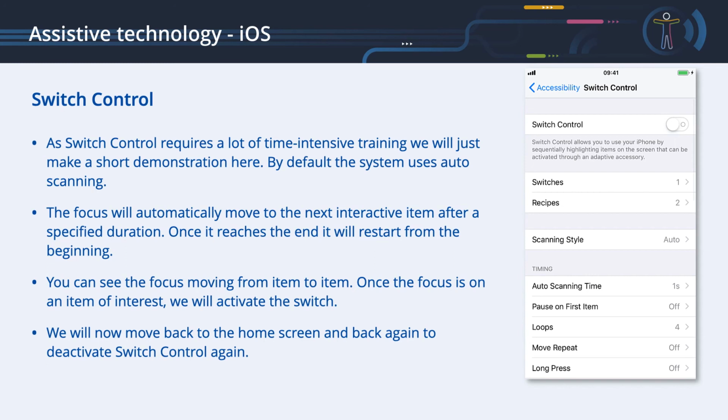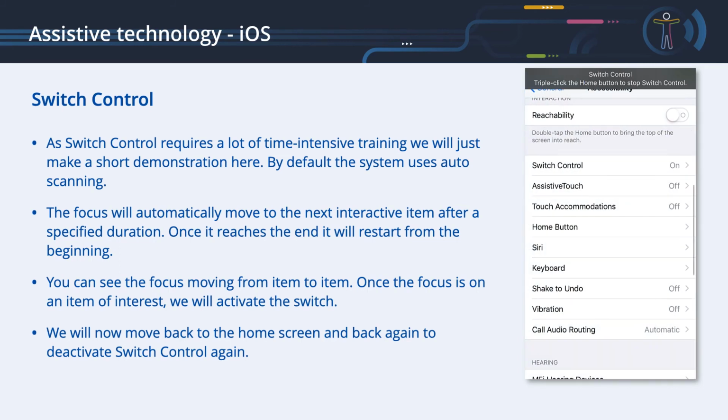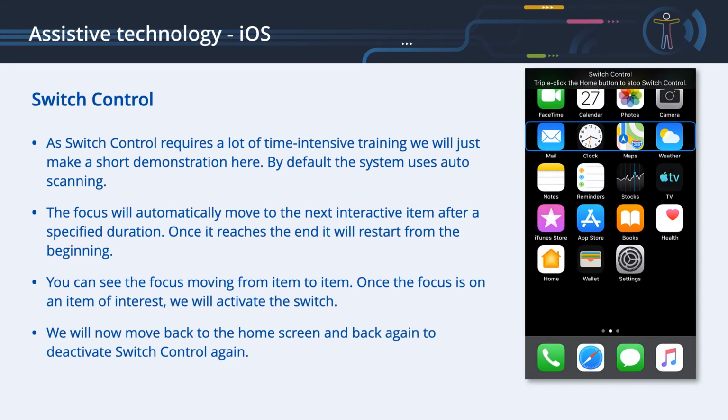Once it reaches the end, it will restart from the beginning. Let's activate the switch. You can see the focus moving from item to item. Once the focus is on an item of interest, we will activate the switch. We will now move back to the home screen and back again to deactivate switch control again.